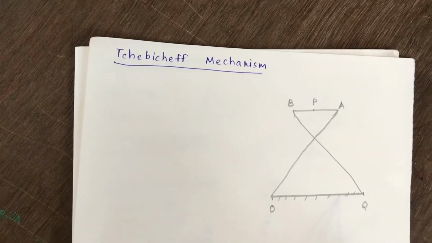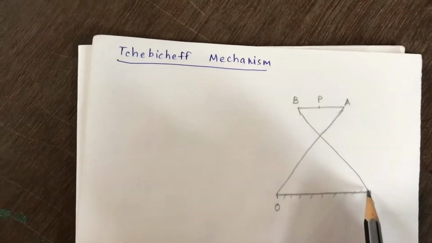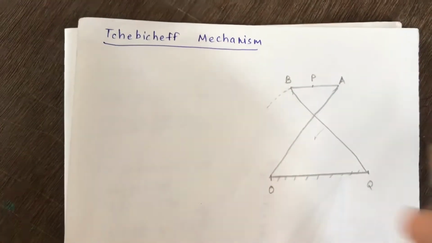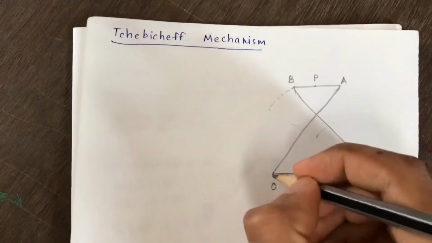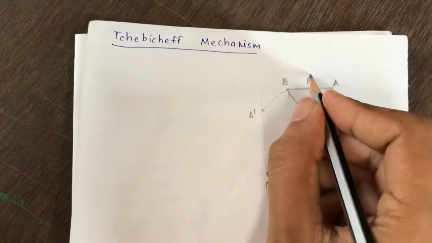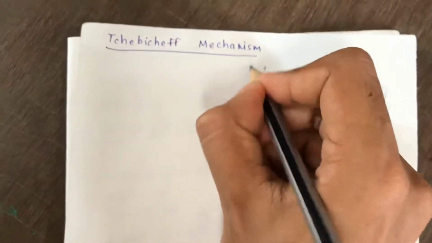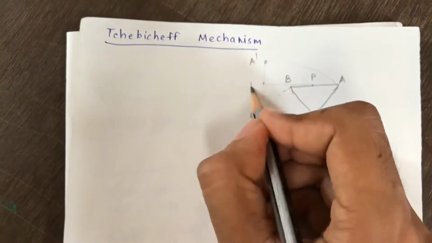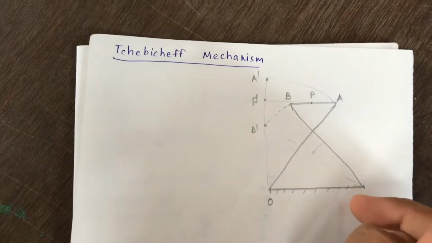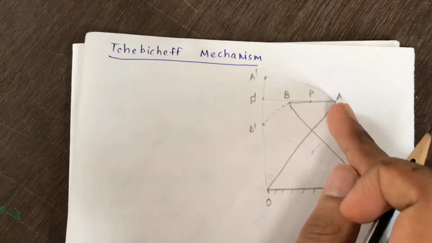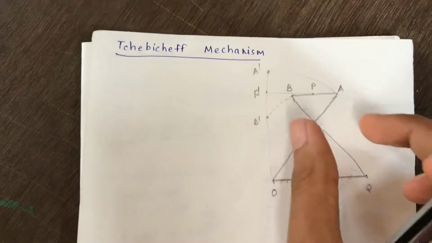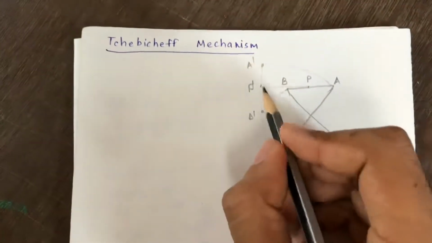Let us understand the movement position. Now when BQ is moved, let's say anti-clockwise, then this point may be over here at some new position. Say this one is the new position B dash. At the same time A will be over here, so that is A dash, and P will be the midpoint, that is P dash. So when this link is moved like this, QB will be Q dash B dash, OA will be at OA dash, and this link will be like this, and AB will be vertical, so it is P dash.